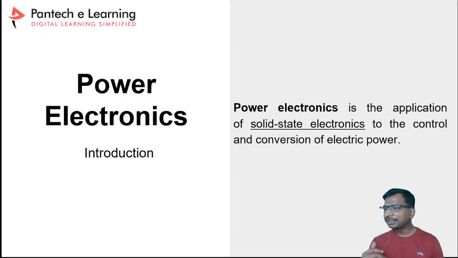To operate these electronic gadgets, you need some power, but the available power is only 230 volt AC. Nowadays, if there is solar power, DC power will be available, but in the absence of solar you will get only 230 volt AC power. So if you take your computer, do you know what the operating voltage of the computer is?